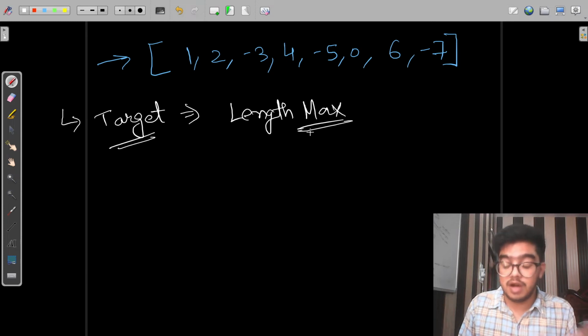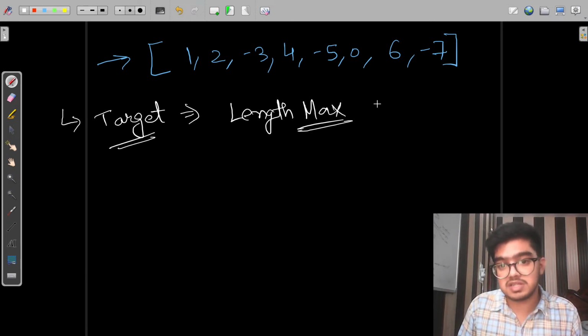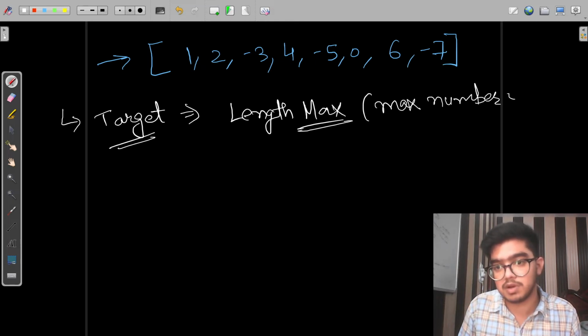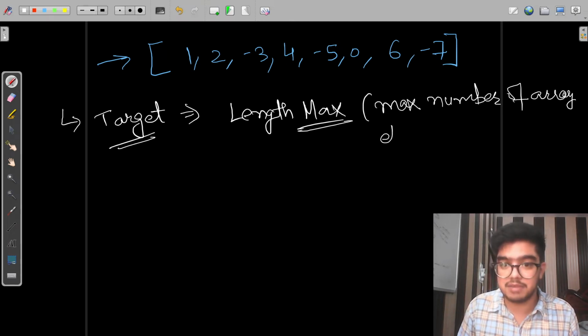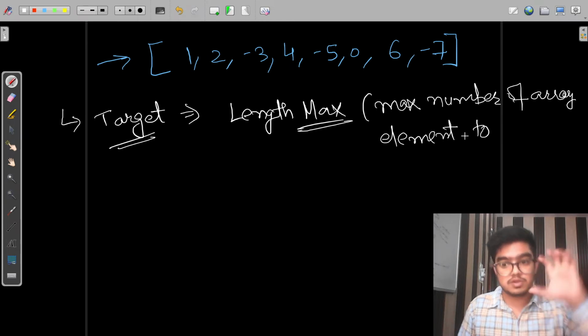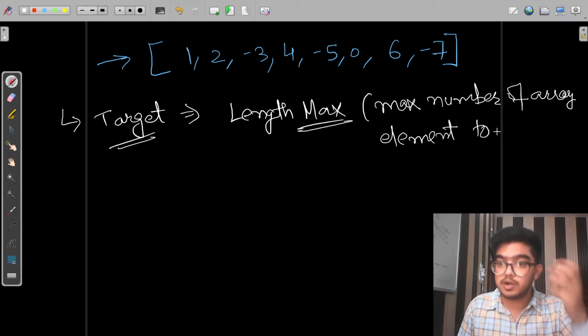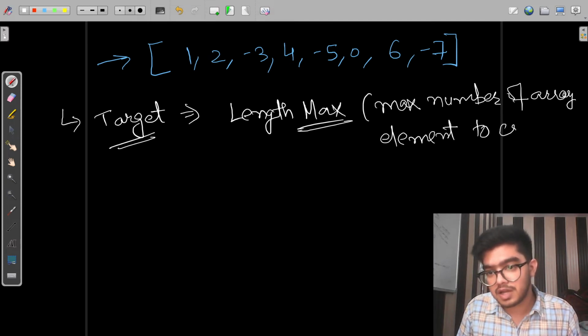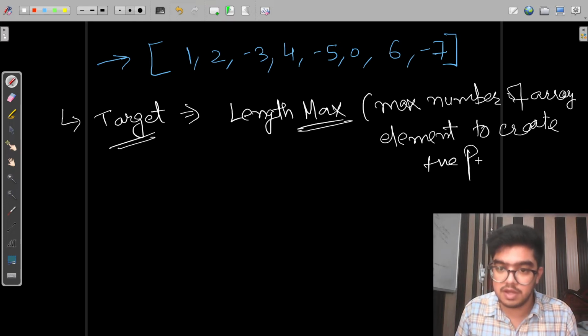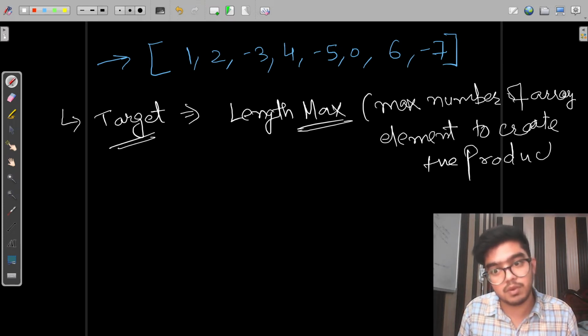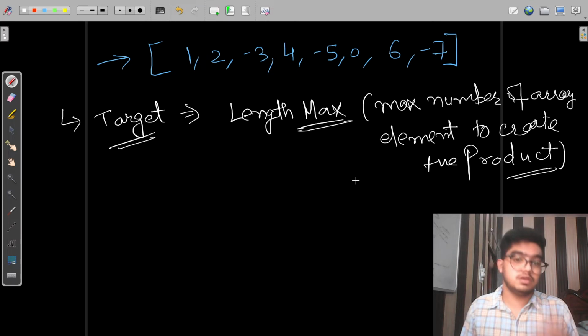Which length? We can define it as the maximum number of array elements to create a positive product.